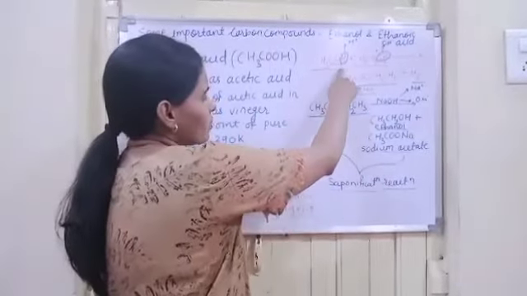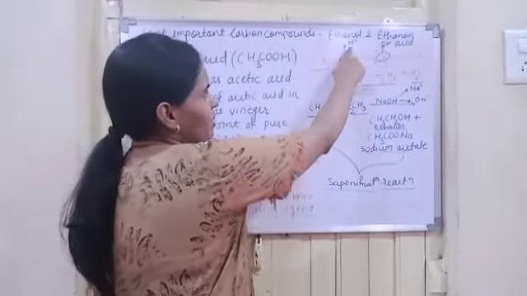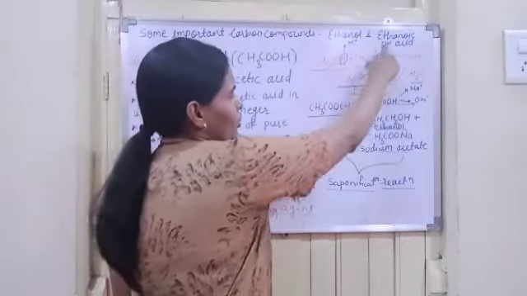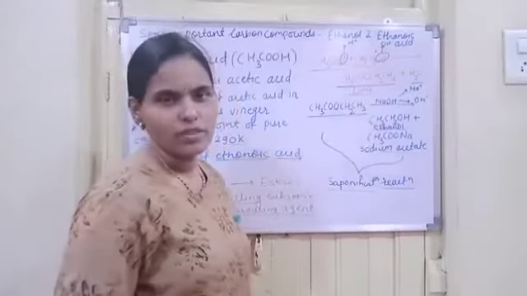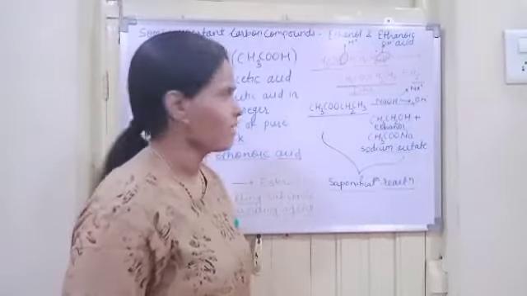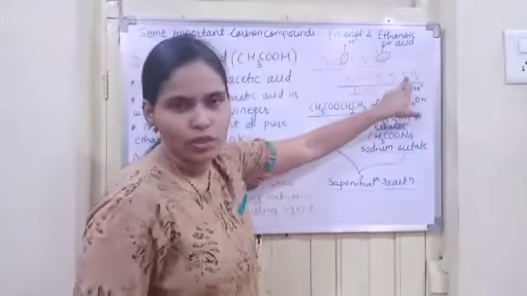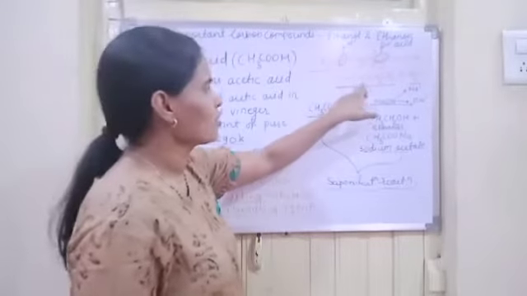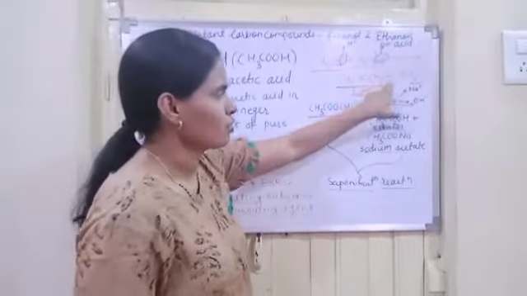Now look at this. Here H plus ion formation is there, and in this compound OH minus ion is there. So in nature, hydroxide ion, that is OH minus, and H plus ion have strong affinity, and it forms the water molecule, that is H2O, and the remaining portion will form the ester, that is CH3COOCH2CH3.